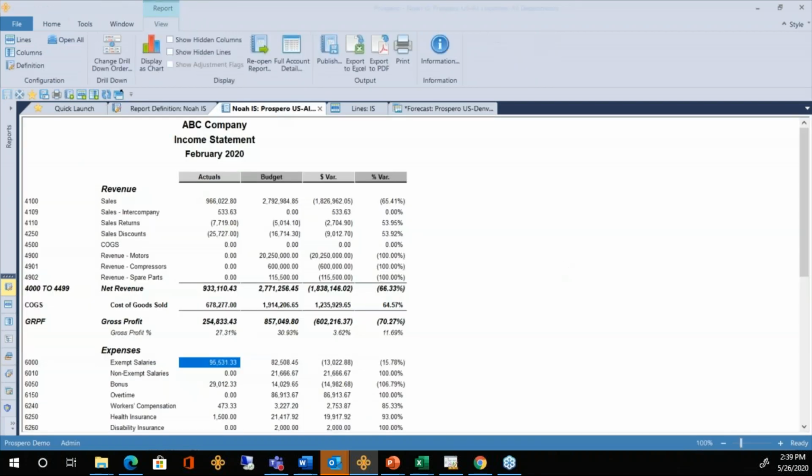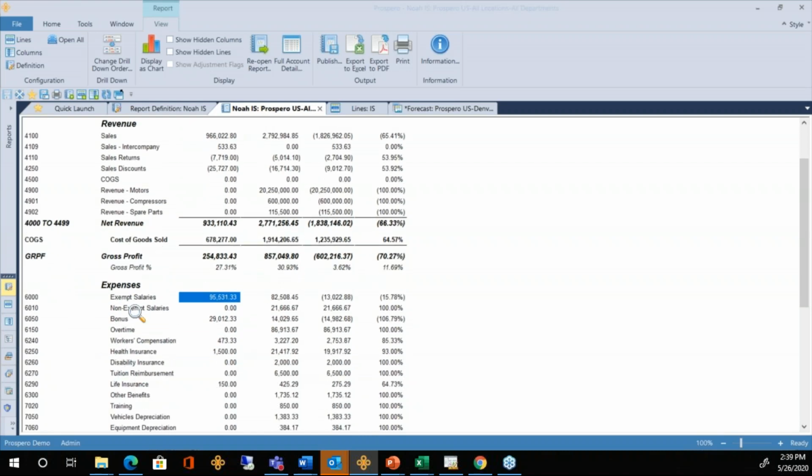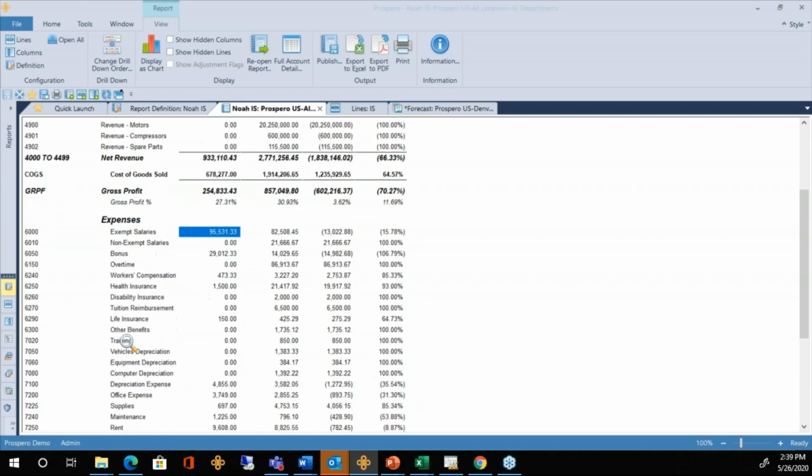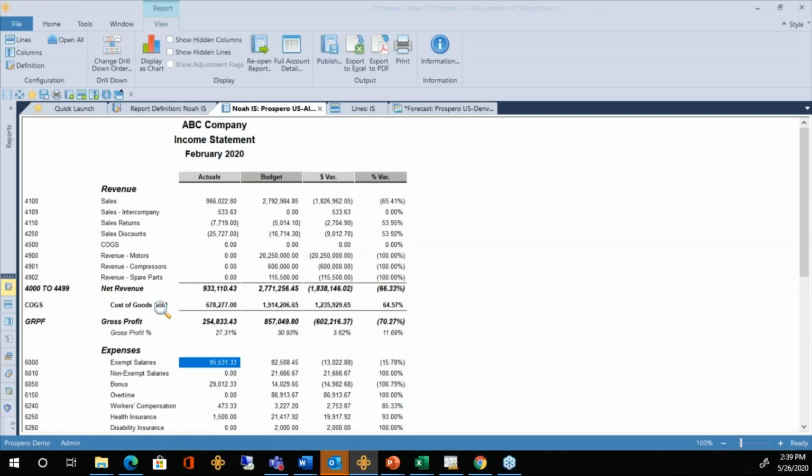I want to mention a little bit about how this report's line set was built before I jump over to budgeting with you. So this has got our typical income statement, our revenue section up top, cost of goods sold, and then our expenses. We've got all the accounts for revenue listed separately. I've got all my expense accounts listed separately. The line set does not have all these listed out separately. I'm using some summary accounts to expand and automatically show me the accounts that add this up.